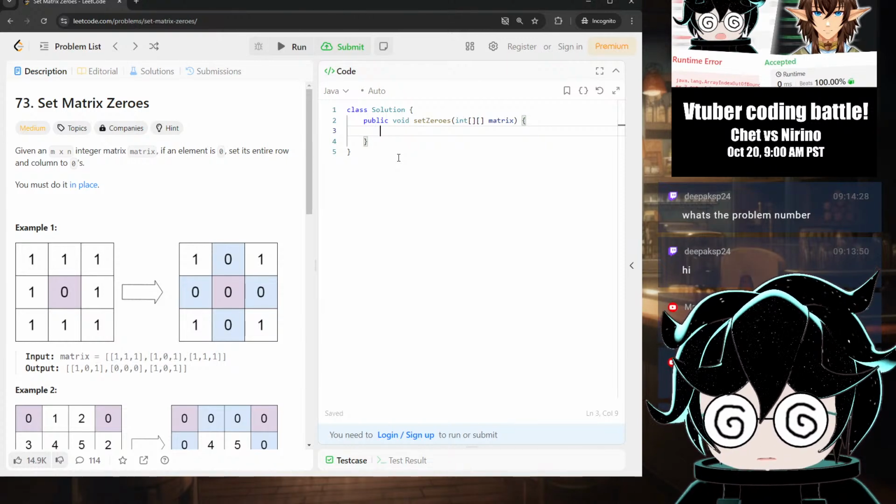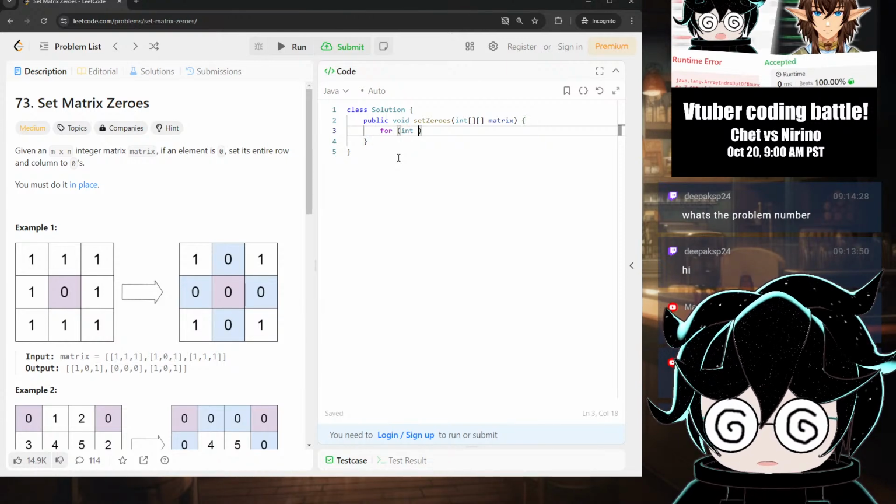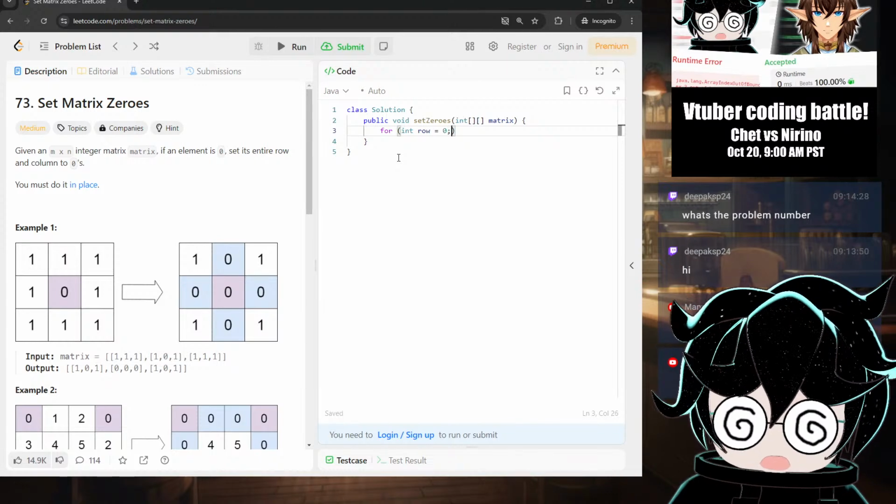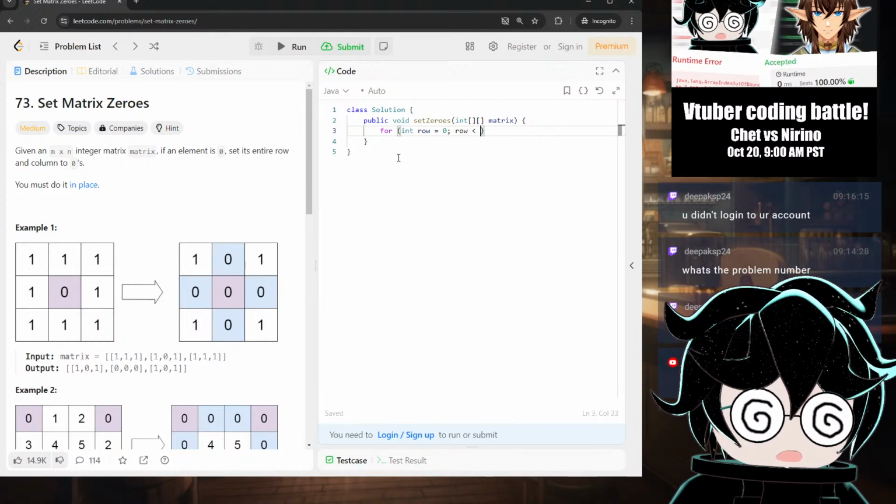Okay, here we go then. For int row is equal to 0 and row is less than